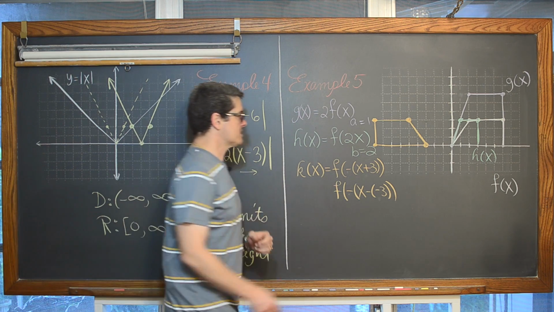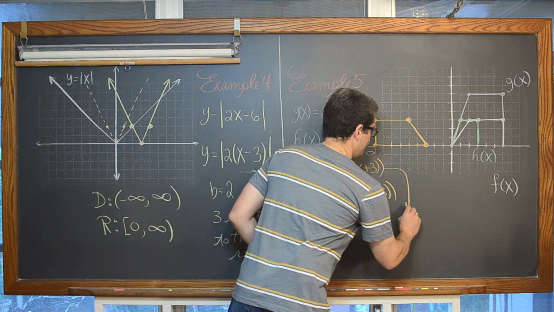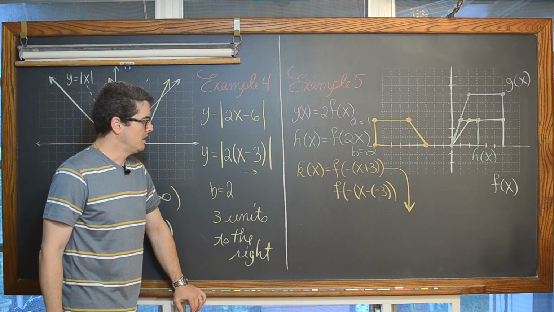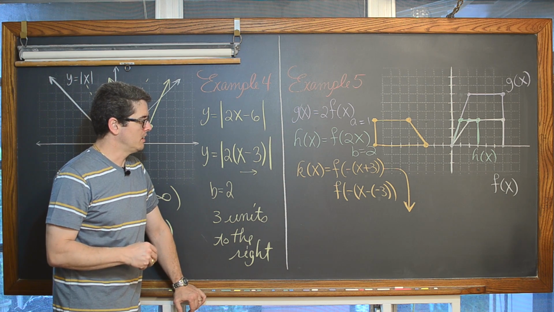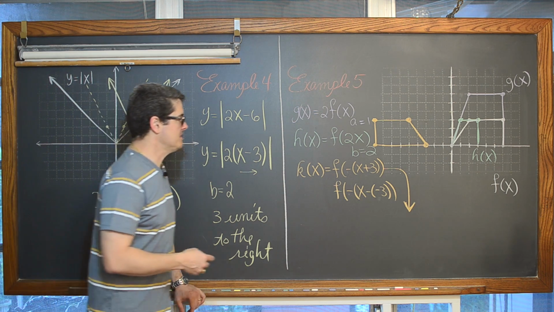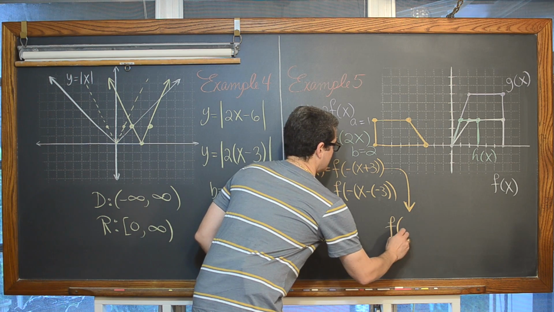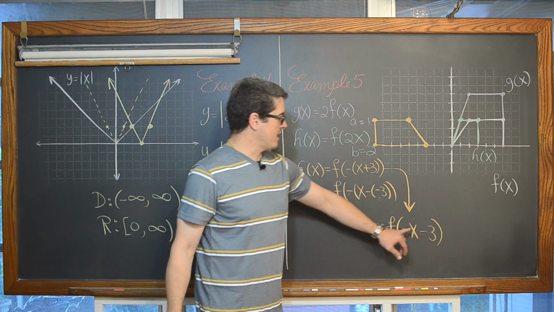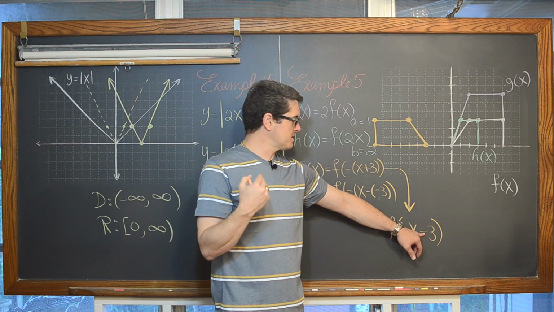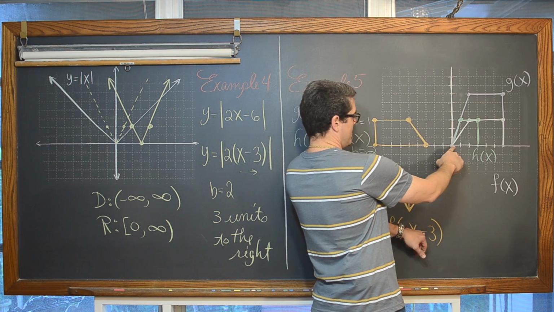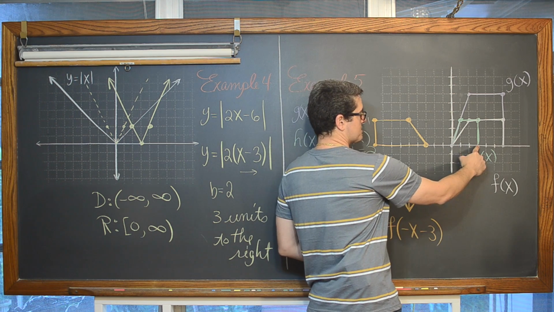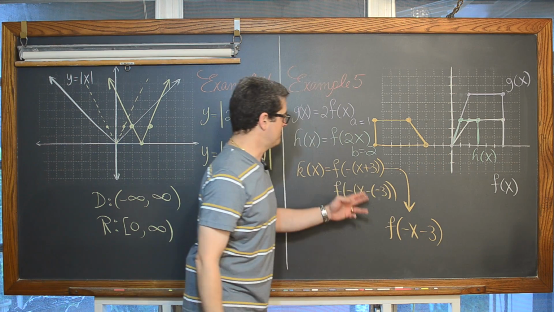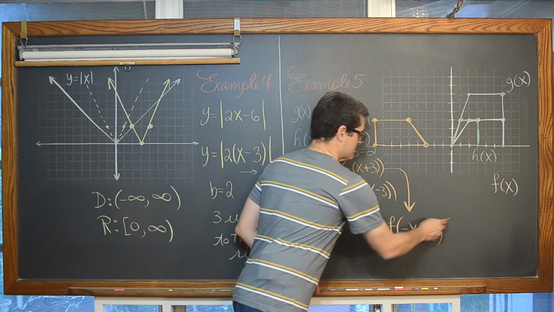Now, some textbooks, I'm thinking of how the pre-calculus book I teach from sets up the standard form for trig functions. You may see this like f of -x minus 3. And in that form, you would kind of do the slide first, and you would take this point, say here, and with the x minus 3, move it over to the right 3 units, and then apply the reflection over the y-axis, and end up at the same point. I much prefer this notation. I don't know why, I'm just showing you this in case maybe your textbook uses that.